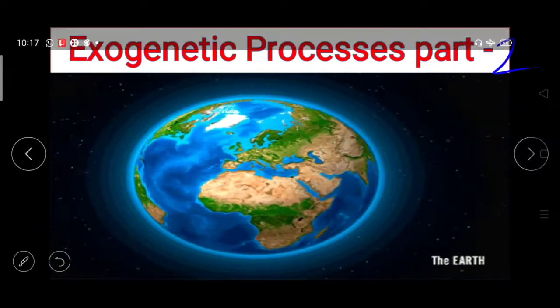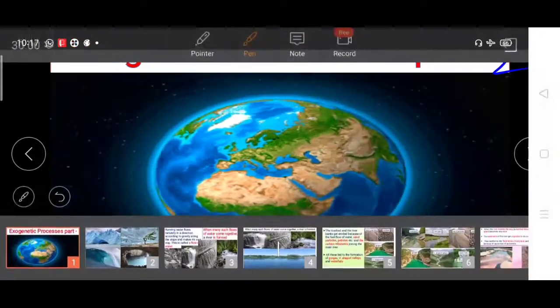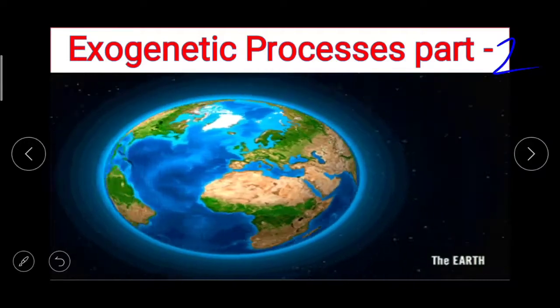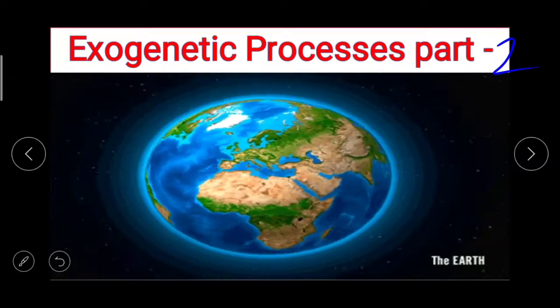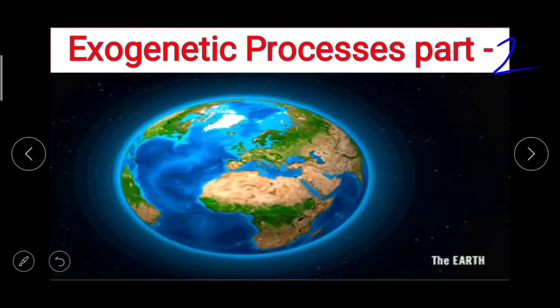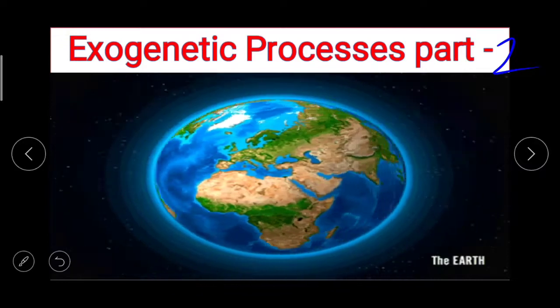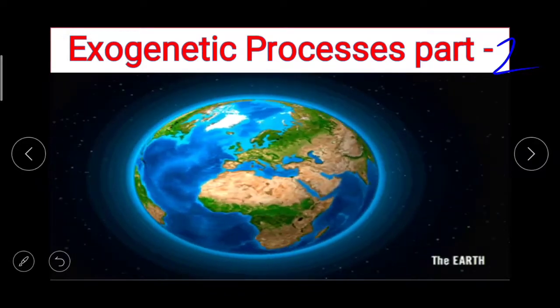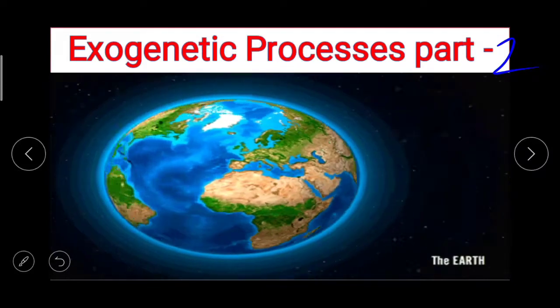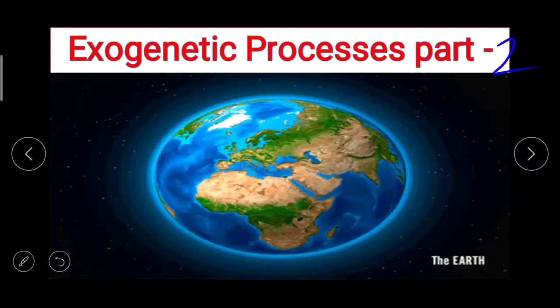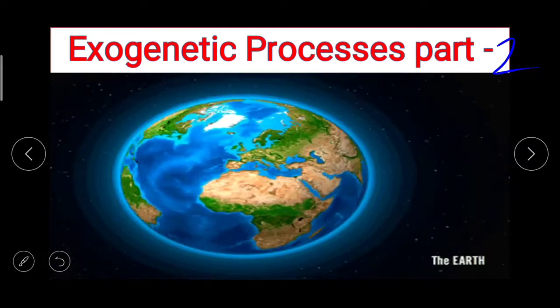In part first of this chapter, exogenetic processes, we discussed weathering and its types: mechanical weathering, chemical weathering, biological weathering, and the mass movements. Now, today in this topic we are going to discuss